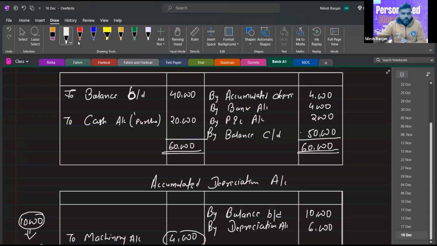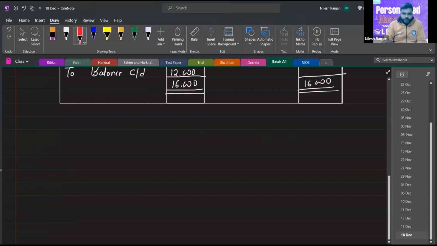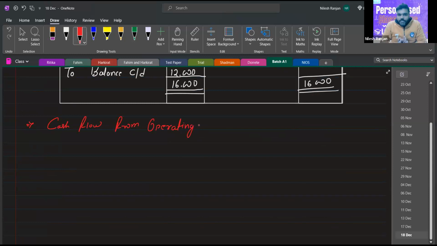Okay then. So now we will start cash flow from operating activities. Now, this is very important because no matter how much you have practiced this, if you don't understand the concept or there is any area that you have forgotten in operating activities, then you will not be able to solve the cash flow statement. This is very important because